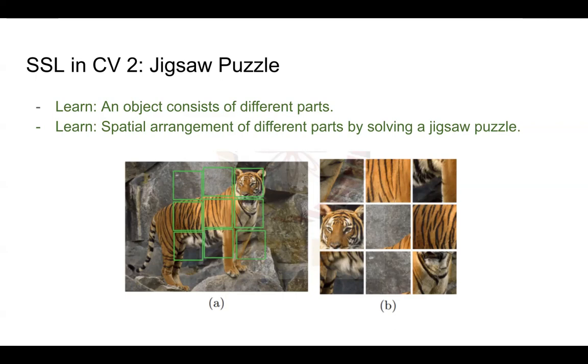So what we do is we first take 9 cubes or 9 squares in an image. If it is a color image, it will be cubes. If it is a black and white image, it will be squares. And then we rearrange these 9 spots around the image. That is your initial arrangement of the image. This is the initial arrangement, and this is the B image, after shuffling. So now the task is to reshuffle the image to get the correct image back.